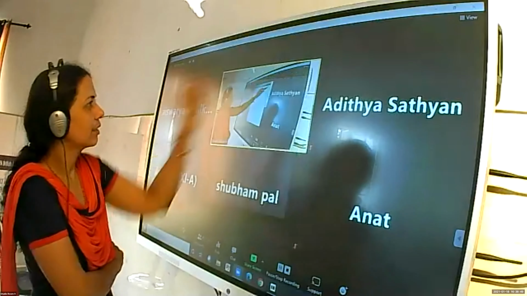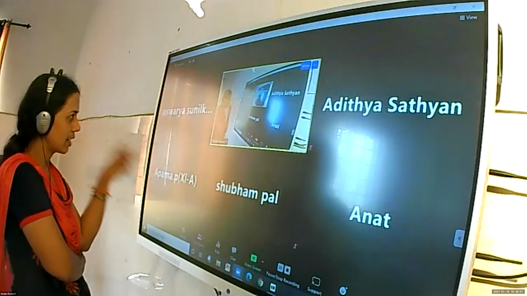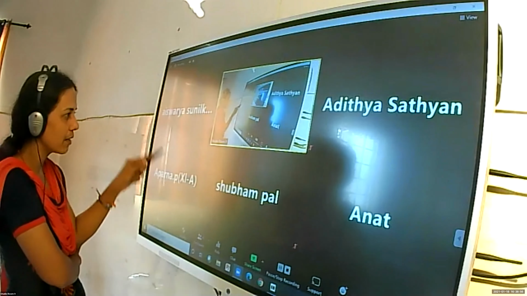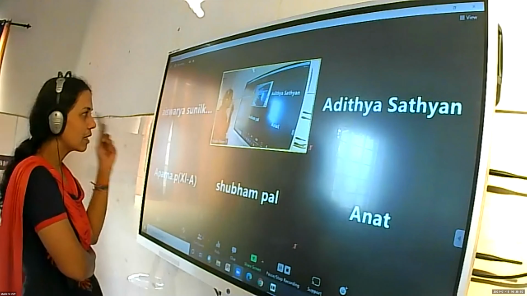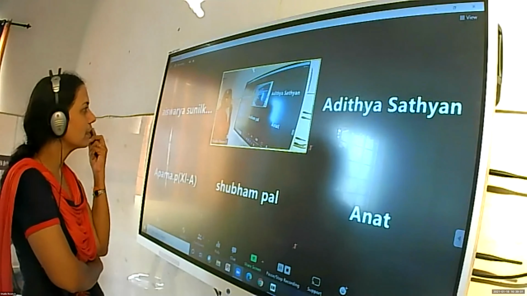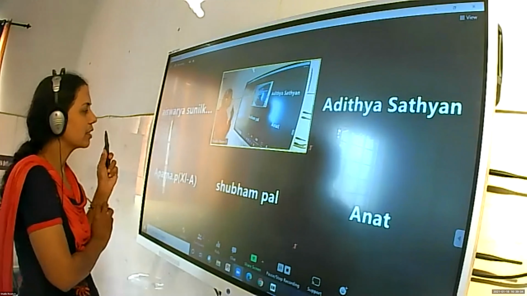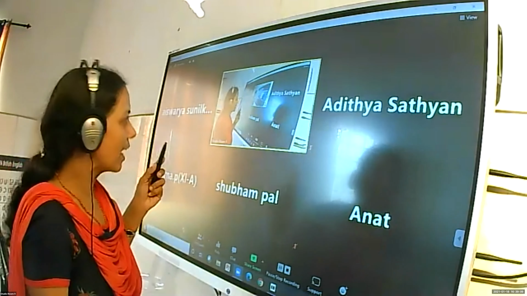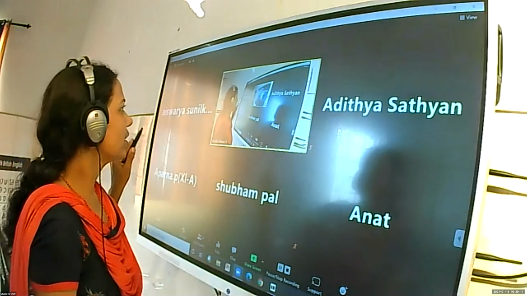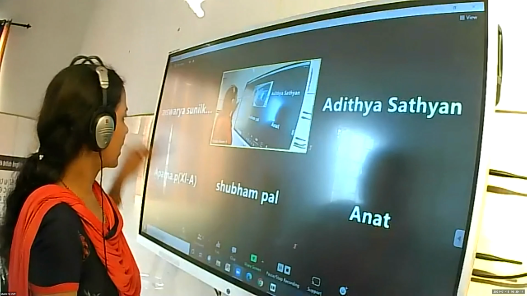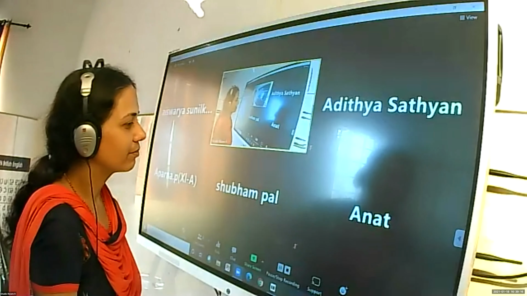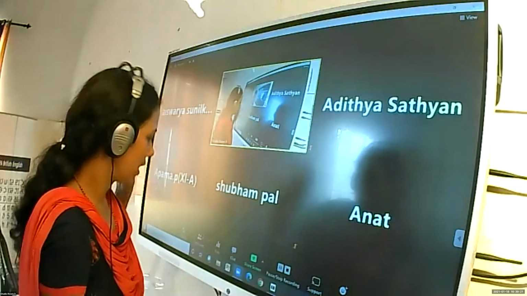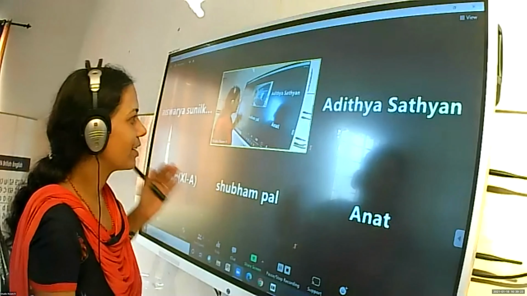We have to type the data, select it and insert. From insert, you have to select, different types of charts are available. You can select the data, and there are some options available. You can give the heading, you can change the color, everything. So each one of you should practice it. In the next class, I'll be assigning each one of you to explain. You can type the data, select it, and show the full thing here. So take 2 or 3 days to learn it. If you have any doubt, you can call me or you can call Shubham. He will explain how to do that.